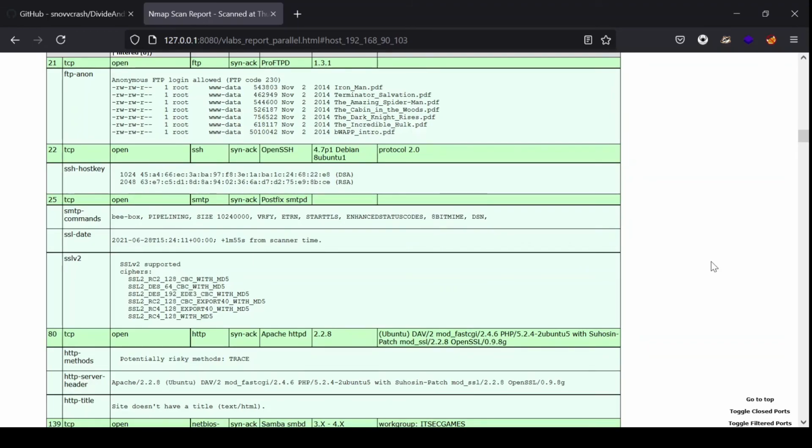I would highly recommend this tool if you are doing any pen test, or for a big infrastructure that has a lot of hosts where you need to discover the hosts. This is a very good tool and a very good way to perform your penetration tests and vulnerability assessments in a methodical manner. So this was the tool that we saw today on our channel Cyberbytes.